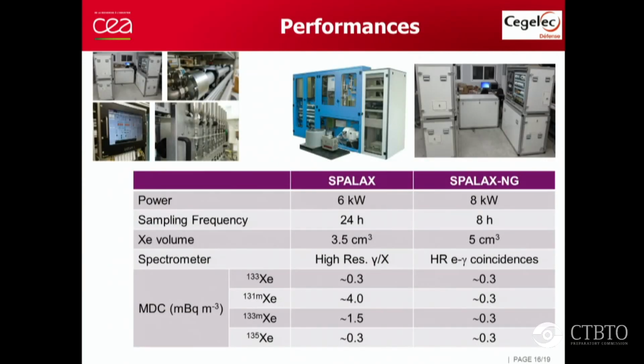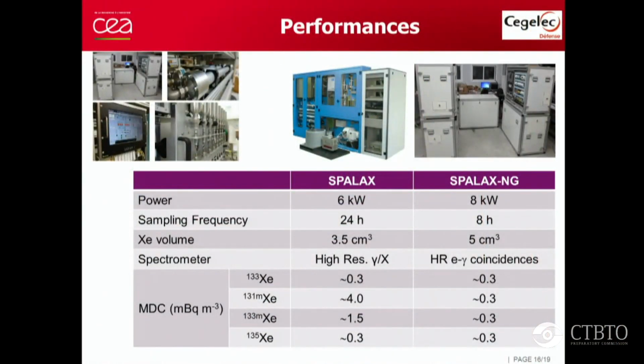If I compare the performance of the SPALAX new generation to the previous version, regarding power, we have a small increase of about 30% in power consumption for the new system, but it's because we have to process more xenon volume. By reducing the sampling time by 8 hours, we increase the xenon volume by about a factor of 1.5. And so that means we increase the xenon volume by about a factor of 4, while we only increase the power